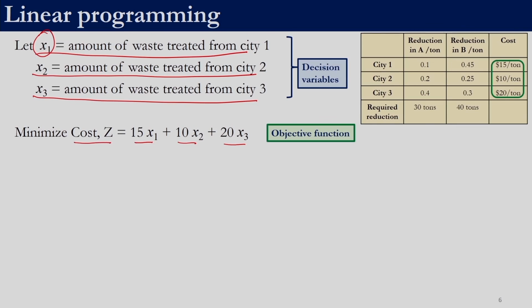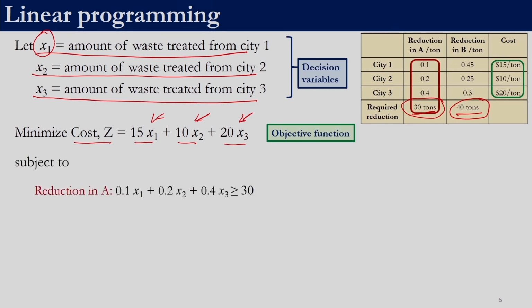If you think about it, x1 is equal to 0, x2 is equal to 0, x3 is equal to 0 gives a cost of 0, right. Since x1, x2, x3 cannot take negative values, the lowest values that they can take is 0, right. So, the optimal cost is 0, right, but then that will not ensure this removal, that 30 tons of A and 40 tons of B should be removed, right. So now we need to include constraints such that this phenomenon is captured.